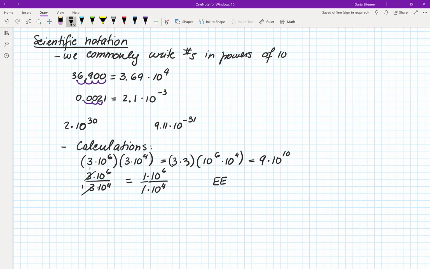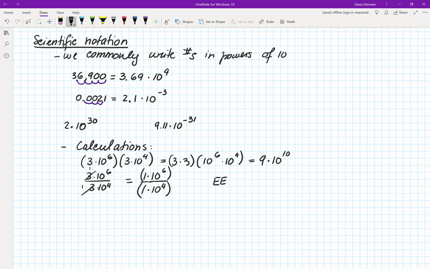Or make sure that you put parentheses on everything, especially the denominator. Because your calculator doesn't know that that 10 to the 4 goes with that denominator. So if you don't put parentheses, the calculator is going to just go with regular order of operations, which, by the way, you should also know, but